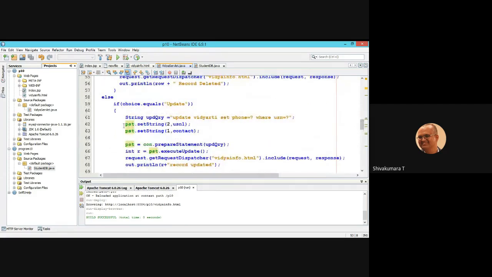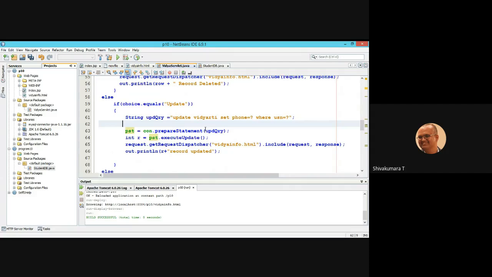Update, yeah, you can use update phone number. Phone number is contact, where USN equal to USN1.